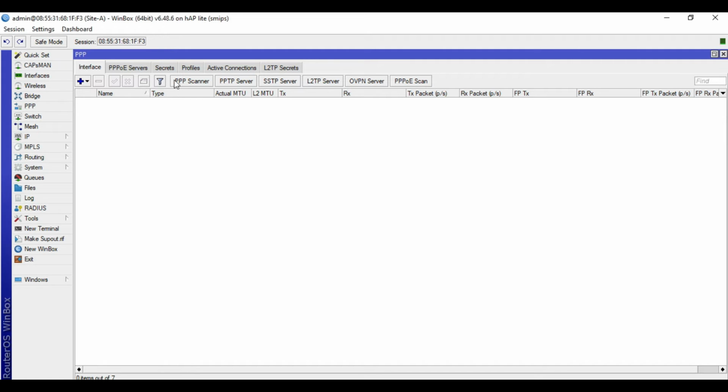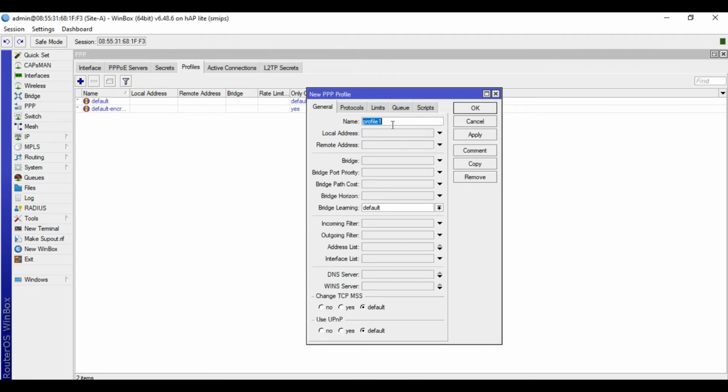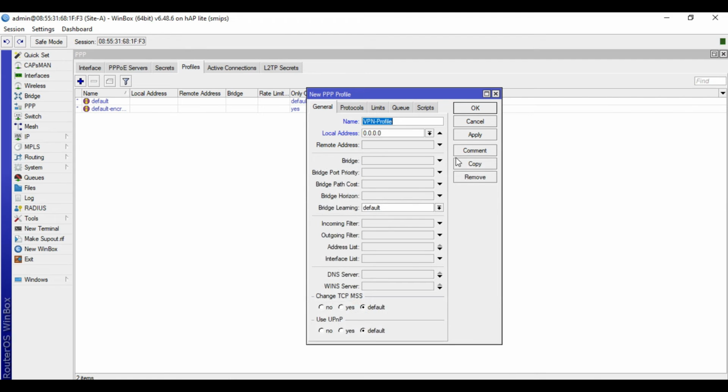We will go next to Profiles. Click plus, General tab, I'll name this one VPN Profile. For the local address, I will input 10.1.1.1, meaning this will be the tunnel address of this device.